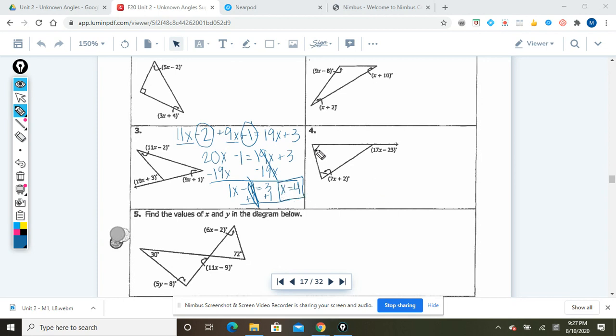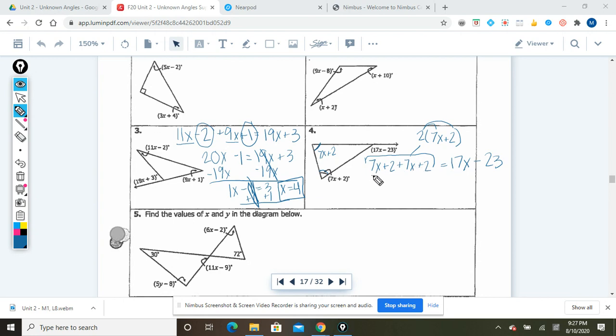Okay, when we're looking at number 4, these little markings mean that these angles are congruent. So if this is 7x plus 2, this is also 7x plus 2. And this is using the triangle exterior angle theorem again. So I'm going to do 7x plus 2 plus 7x plus 2, which, if you want to be fancy, you could write as 2 times 7x plus 2, and then distribute that 2 to both things in the parentheses. And it equals 17x minus 23. So you can either do it this way, but you have to make sure you distribute the 2 to both things,